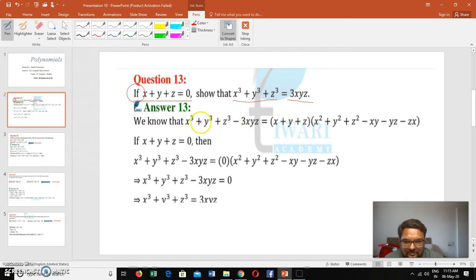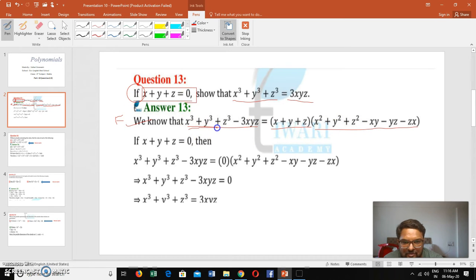Before doing this, we know the formula: x cube plus y cube plus z cube minus 3xyz is equal to x plus y plus z into x square plus y square plus z square minus xy minus yz minus zx. This is the formula, so we'll write F for the formula. In this formula, if the value of x plus y plus z is equal to 0,